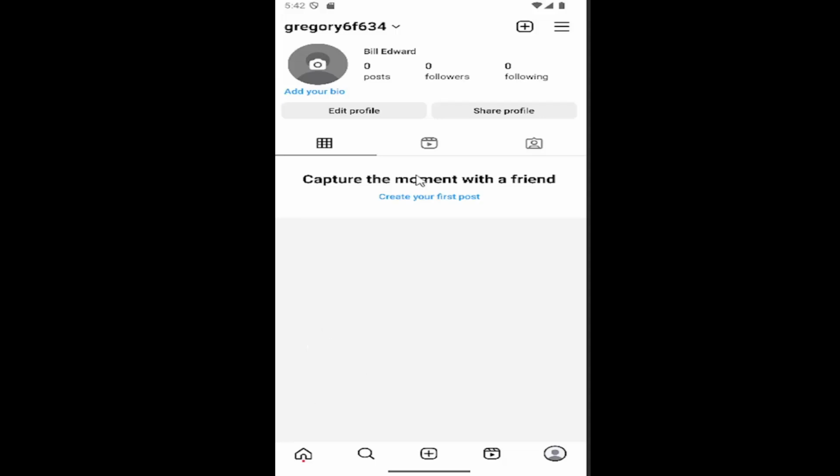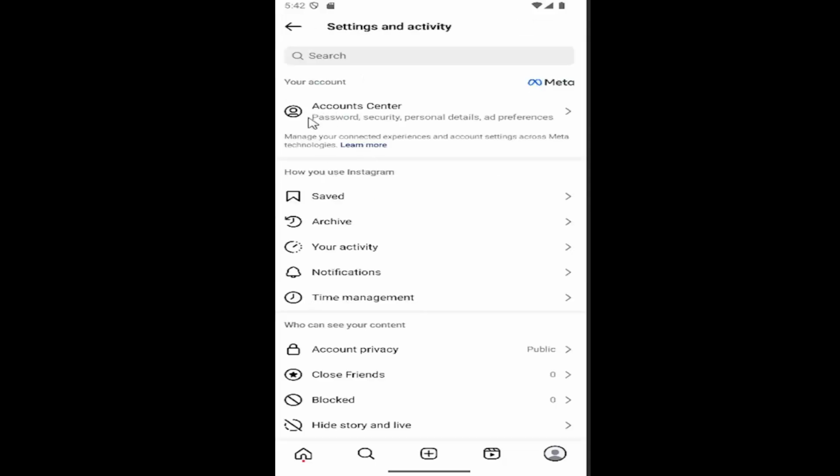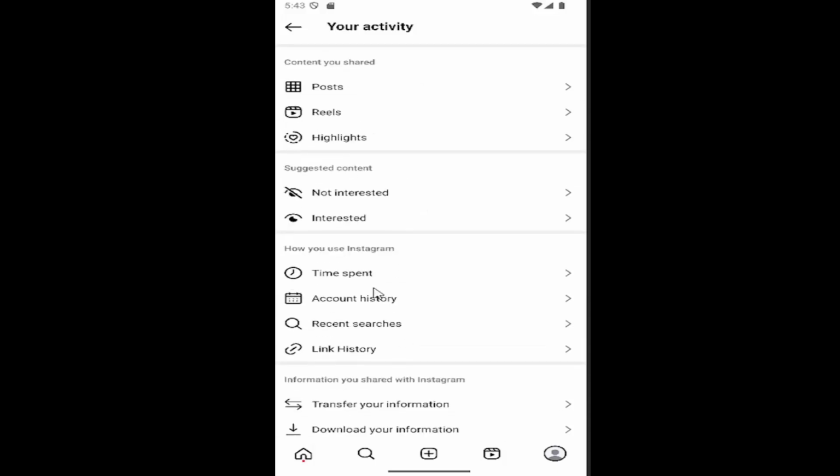So all you have to do is open up your Instagram account, select your profile icon in the bottom right corner to open up your profile page, and then you want to select the hamburger icon in the top right. You want to select the item that says your activity underneath how you use Instagram. And then scroll all the way down to the bottom where it says download your information, and you want to select